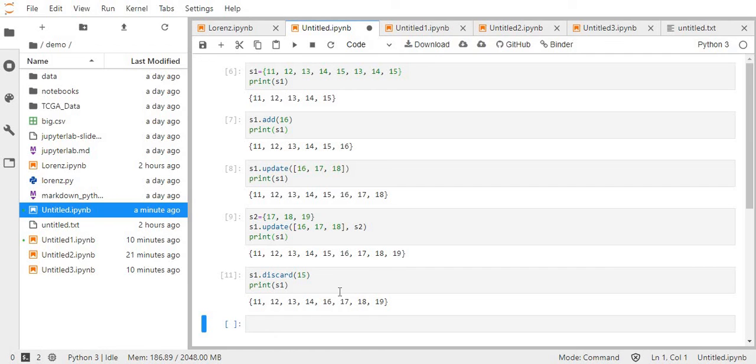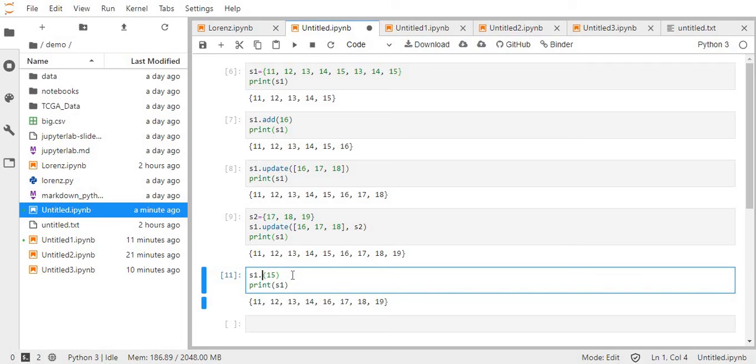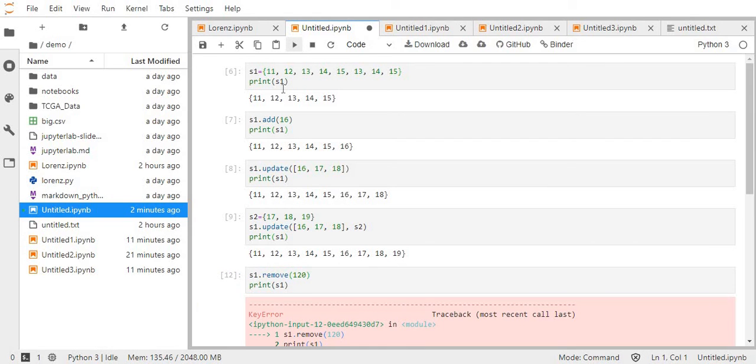The difference between remove and discard is that if we try to remove a value that doesn't currently exist in our set with the remove method, it will give us a key error because the value doesn't exist. Let's say we remove 120.